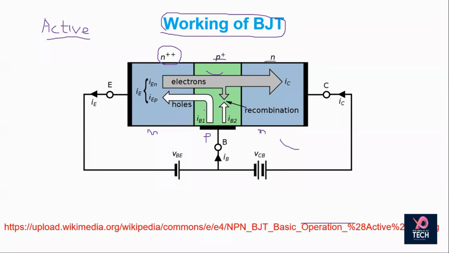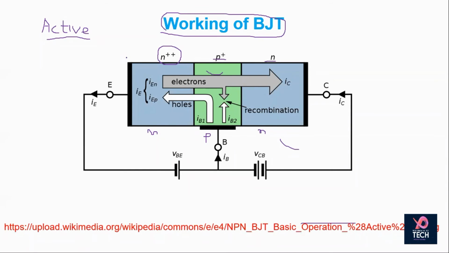Now what happens? On one side, we are pushing electrons here. On the other side, this positive is pushing holes into the other side so that recombination occurs. But we already discussed that the base is smaller in area and the emitter is heavily doped and larger in area as compared to the base. So fewer holes are available and very few recombinations of electrons and holes will happen.